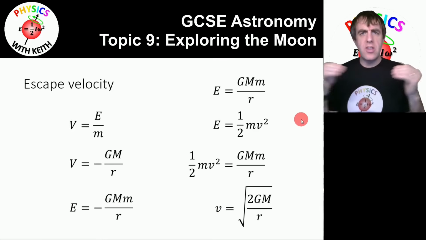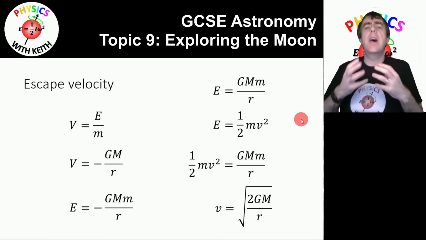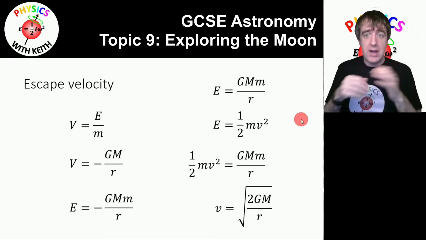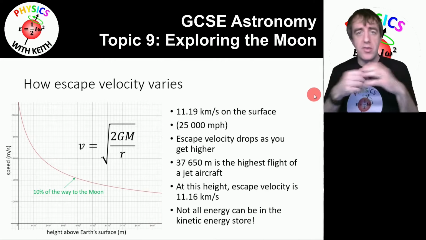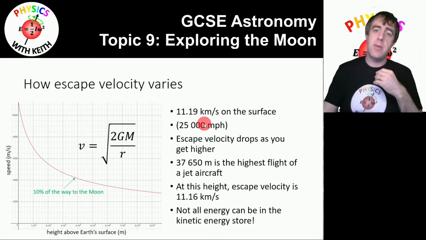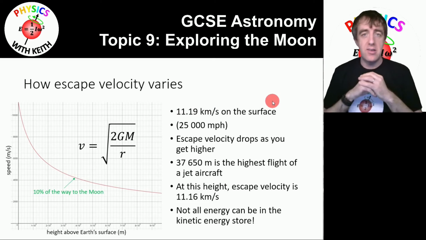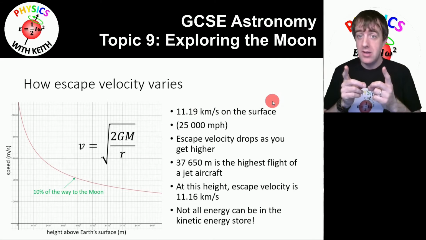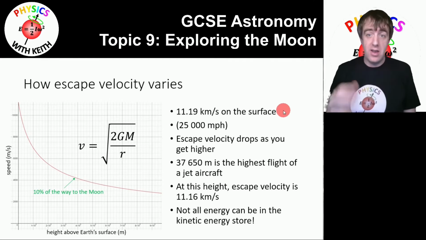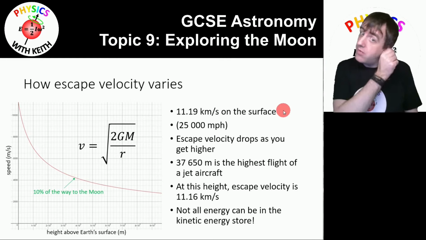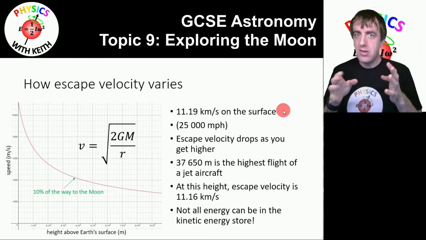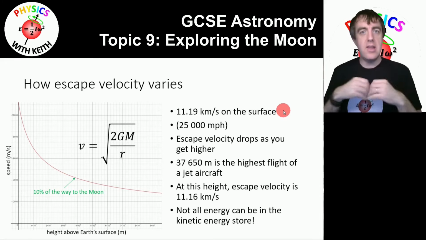So what's the escape velocity at the surface of the Earth? How fast would I have to throw a cricket ball on Earth to get it into space so it never falls back to Earth? Well, it's not quite as simple as that, because obviously there's air resistance. But let's keep it simple. If we do that calculation, it works out to be about 11.2 kilometers per second. I cannot throw a ball that fast. If we were able to throw something at 11.2 kilometers per second, that's about 25,000 miles per hour, directly upwards, and there were no air resistance, it would arrive in space and never fall back to